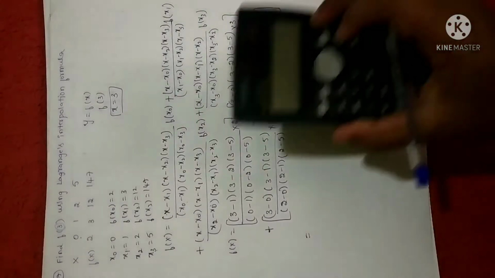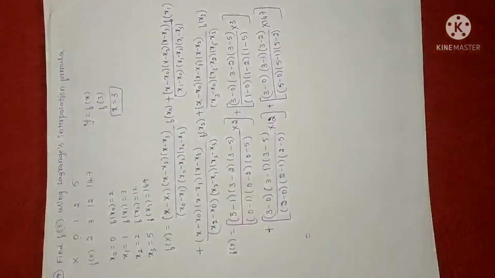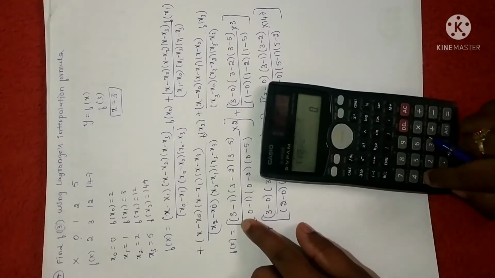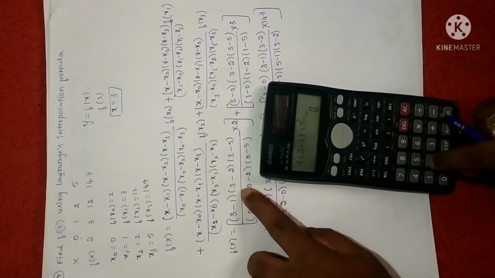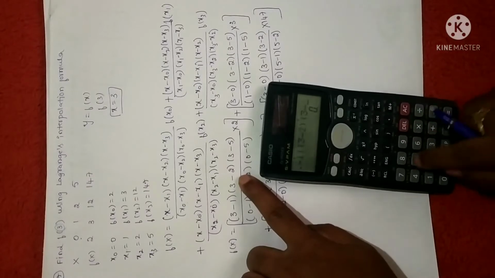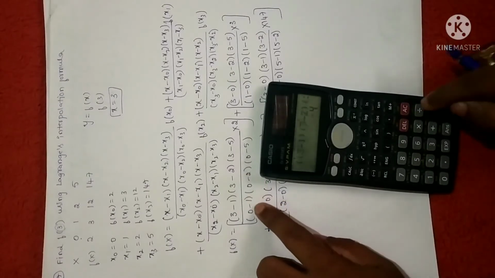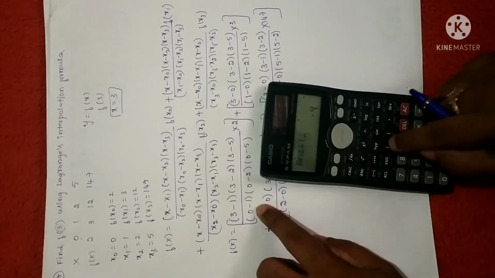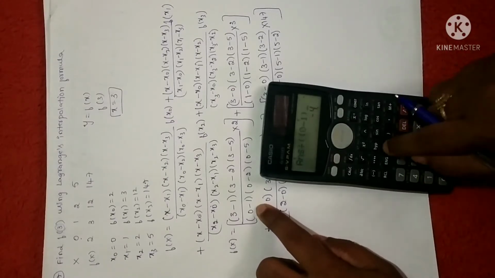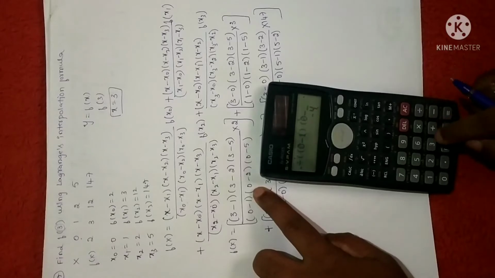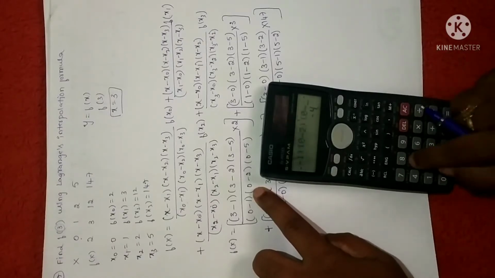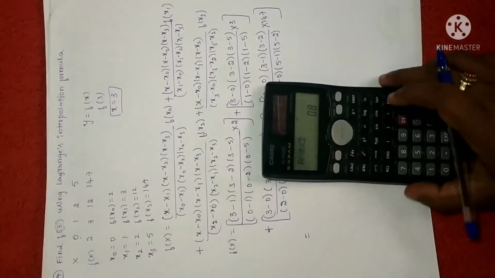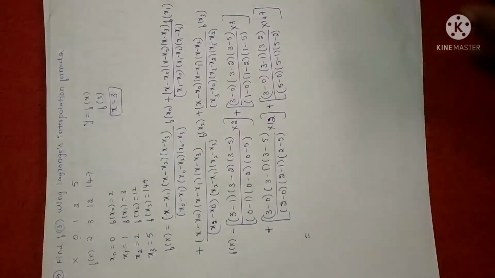As I already showed, by using the calculator we have to simplify. Anyhow, only one term I will show you. See here, 3 minus 1 close bracket, again 3 minus 2, again 3 minus 5, close double bracket, numerator is finished, divided by 0 open the bracket double times, so 0 minus 1, again 0 minus 2, again 0 minus 5, close double time, again multiply it with 2. So this is the value for the first one, that is 0.8.